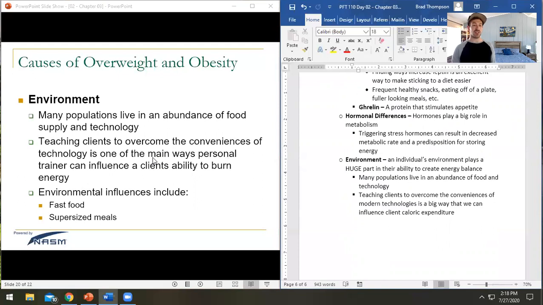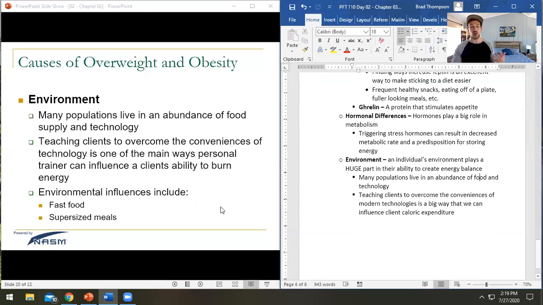And then the last one here is environment. And environment is huge. We are all products of the environments that we grew up around, right? And so it plays a huge part in your ability to either create an energy surplus or create an energy deficit, right? Many populations, especially here in the US, live in an area where it is very easy for us to get an abundance of food, and we all have an abundance of technology. I mean, we got this thing right here that allows us to just sit on the couch and watch our favorite movies without even having to go into the other room, and so that's going to result in less energy